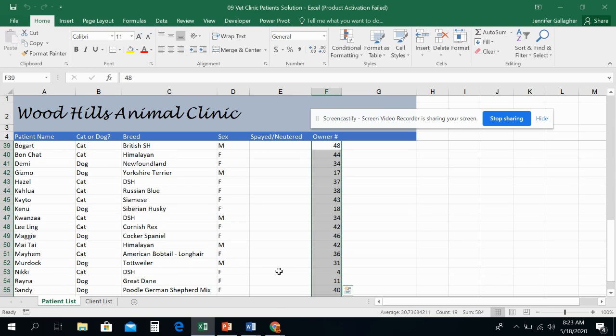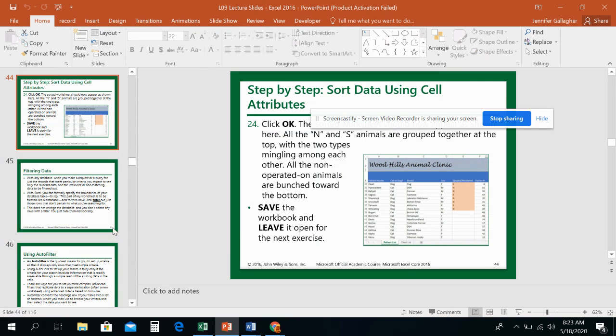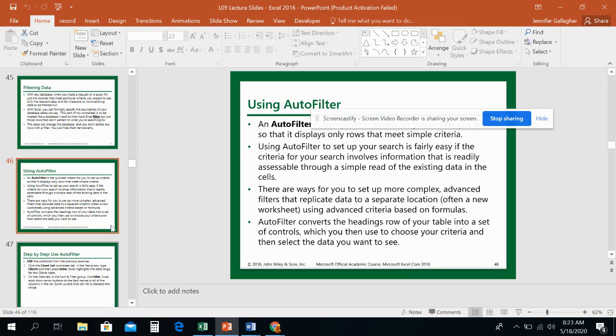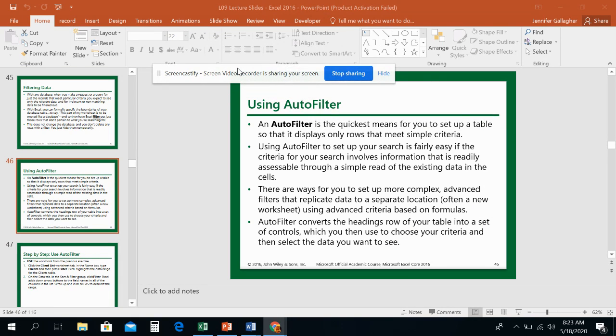All right. So we're going to start today with what's called an auto filter. An auto filter is the quickest means for setting up a table so it displays only the rows that meet the simplest criteria. Using the auto filter is set up to search fairly easily, and I'm going to compare and contrast so you can see what happens with an auto filter versus a filter